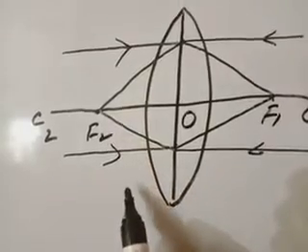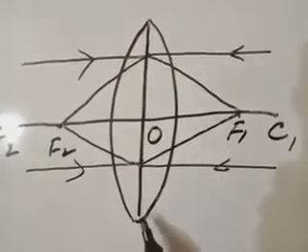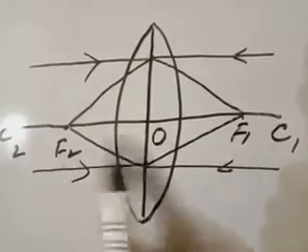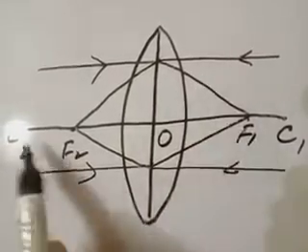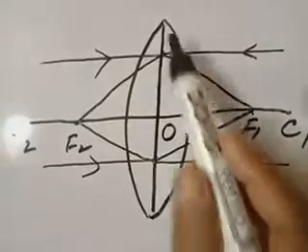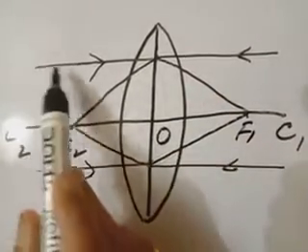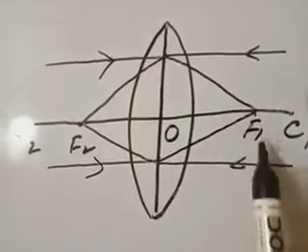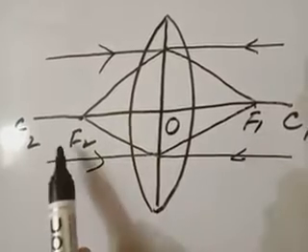So what do you conclude? This is the aperture, the effective diameter of the lens. These two are said to be the centers of curvature, and this is the principal axis. The point at which the principal axis and aperture meet is the optic center, and when a beam of light is incident, after incidence it will be refracted. So there are two principal focuses. Up to this much we have come to know.